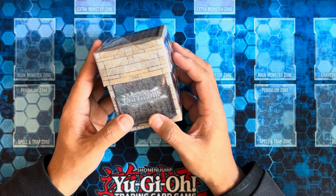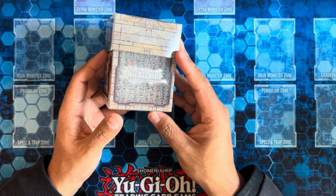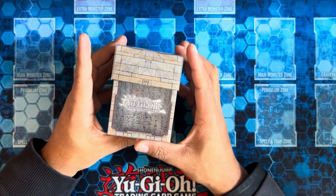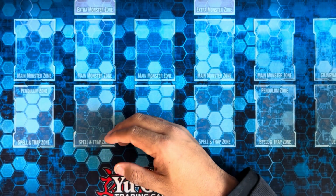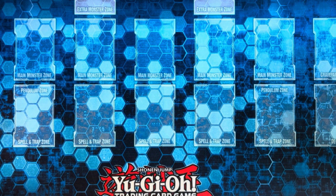I'll be using the words deck box and deck cases interchangeably. Just know that for anything official, it is always called a deck case. But this was the first Yu-Gi-Oh! deck case that I can recall, and it was really cool because it was pretty large and it gave you a lot of room. To follow that, we had actually a demand for double deck boxes because of popular ones